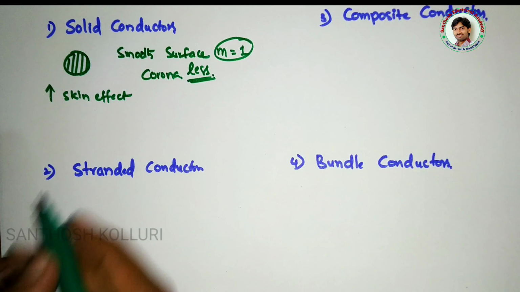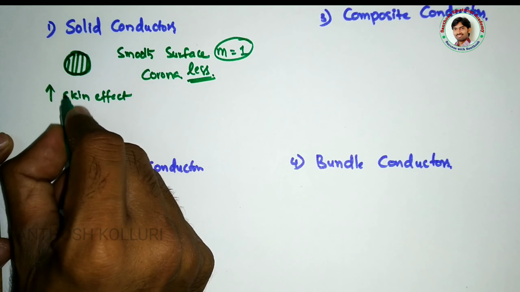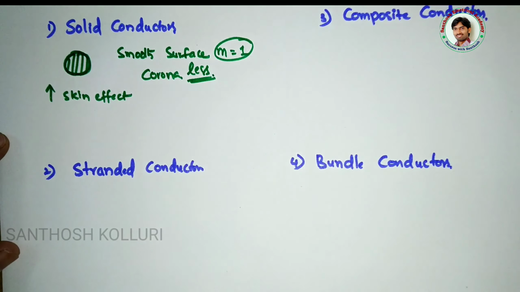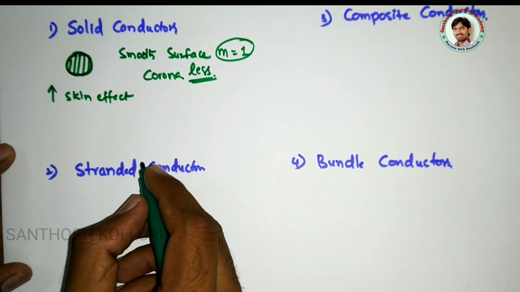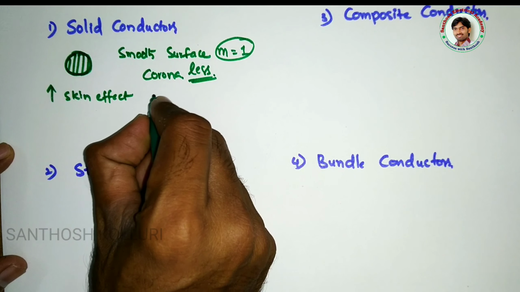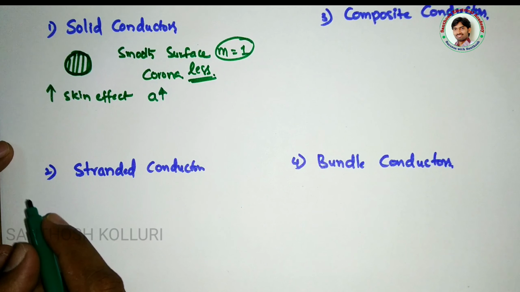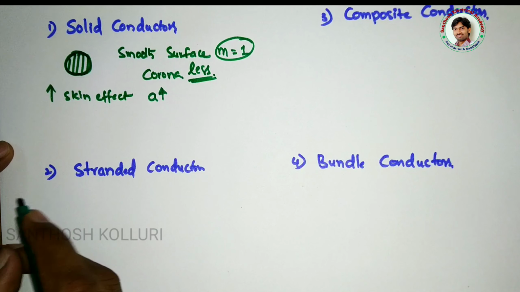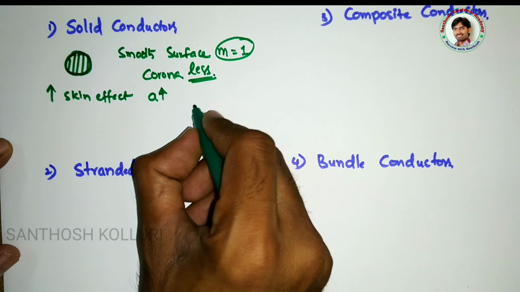Okay, so in the outer periphery, the value of current will be more compared to the inner periphery. I have already explained that in a separate topic on skin effect. You can check in that. The value of skin effect is more due to more cross section area, right? And as it is a solid conductor, it is very difficult to handle, and the transportation is also difficult.